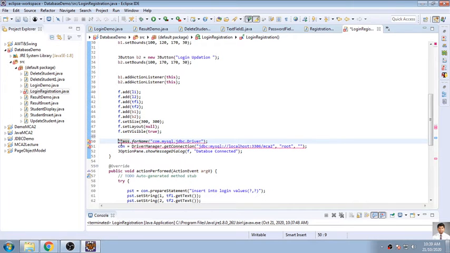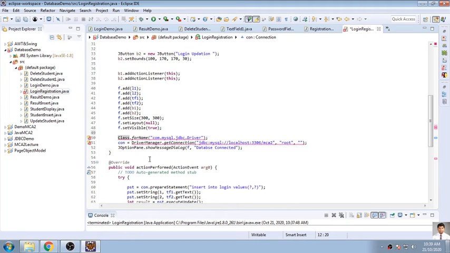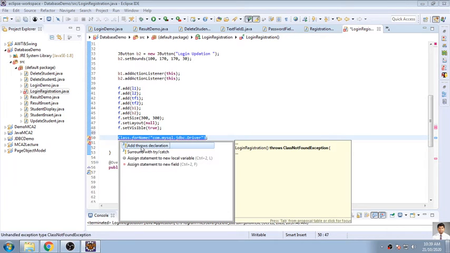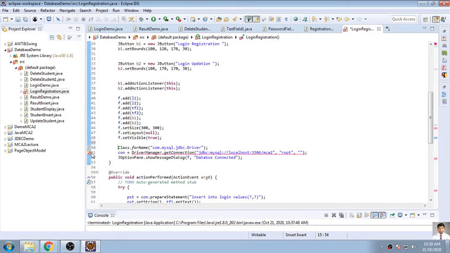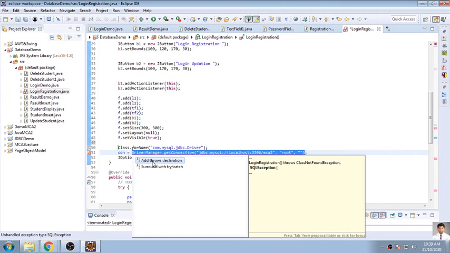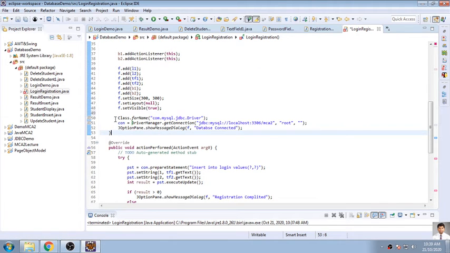Now it will show an error because accessing is most important, so the connection is there. So I need to handle the exception, so throws for the constructor, and in the same way throws SQLException for this constructor. So this code has already been converted.